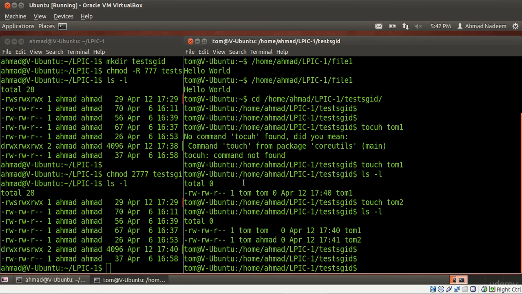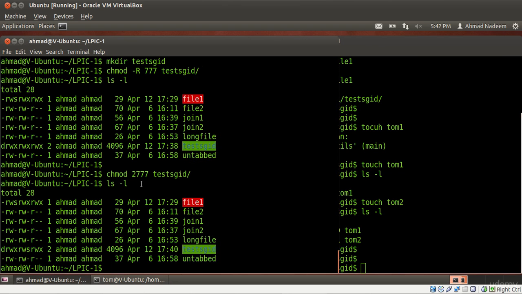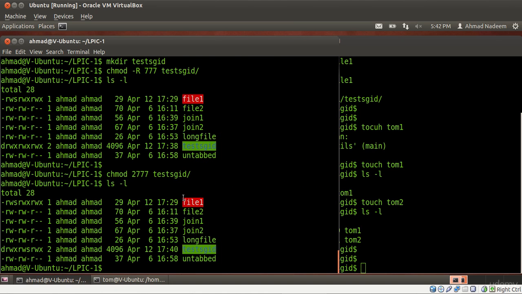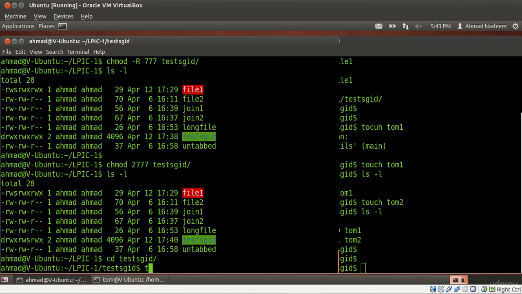Some really good things as far as permission is concerned, and from a security point of view as well, and sharing things as well. Now coming to the last part, which is the sticky bit, which is in fact kind of implementing security on the folders. Let's say we have this test SGID folder again, and since this folder belongs to Ahmed, if Ahmed creates any file in there, these files should not be deleted by user Tom. And before we do that, let's try to do one thing. Let's create a file in there. So let's get in there first by typing in test SGID, and let's create that, touch